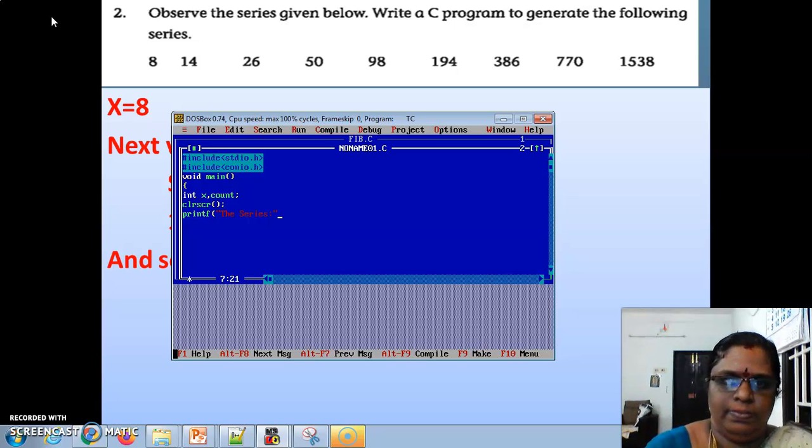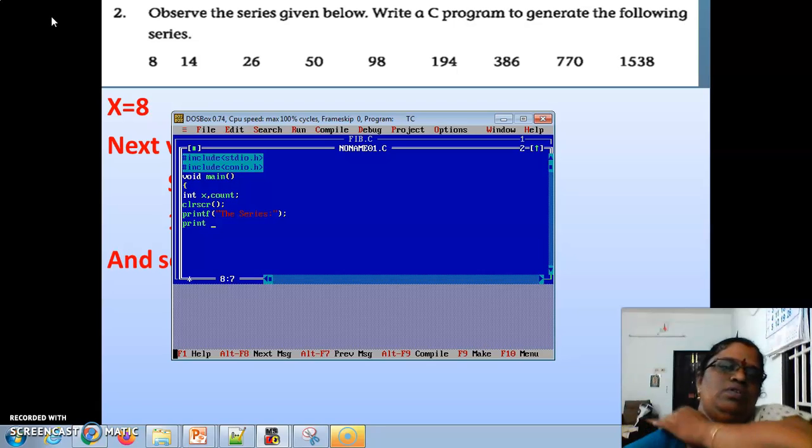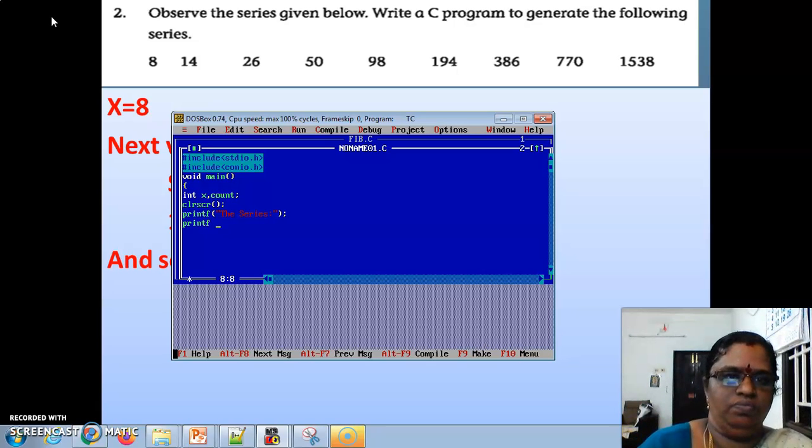Then printf, we'll initialize first. x is equal to 8, because its starting is 8, right?